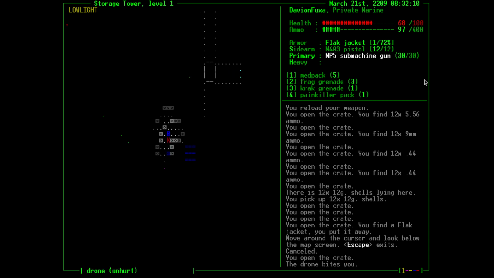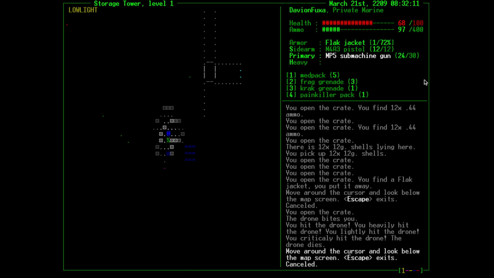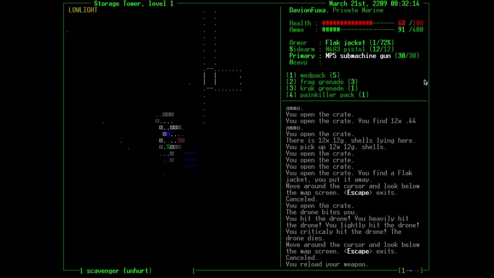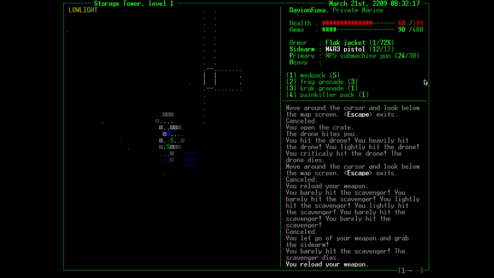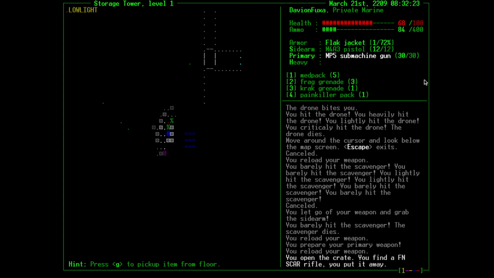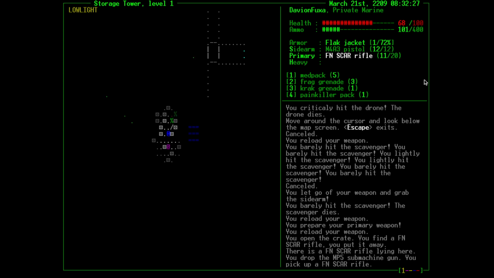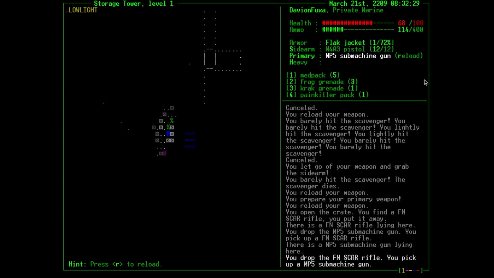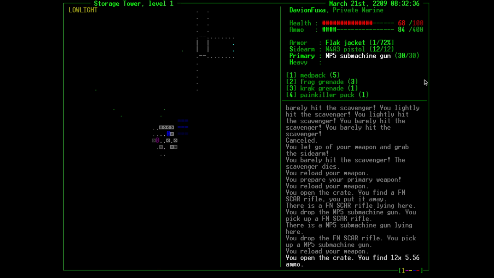Ow. Walk right next to that guy. You find a scar rifle, you put it away. Well, I do have weapons again for this stuff, I guess. Now let's just use this for now. I'll use up the MP5 stuff until we get to tougher enemies. The 5.56 is good for tougher enemies, so...